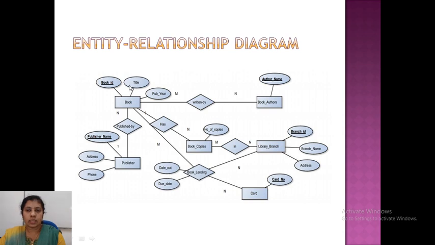Book lending has book ID, then library branch ID, then date out, due date, and card number. Here card number is one of the properties of card object or entity type. So that's why card entity type is shown in the ER diagram. But when you map these, since it is having only one attribute, simply you will include that in the book lending table. So like this you can draw the ER diagram and see the cardinalities here.